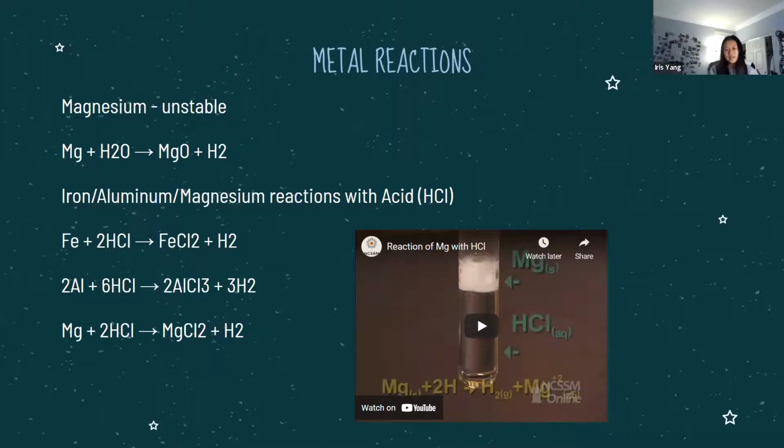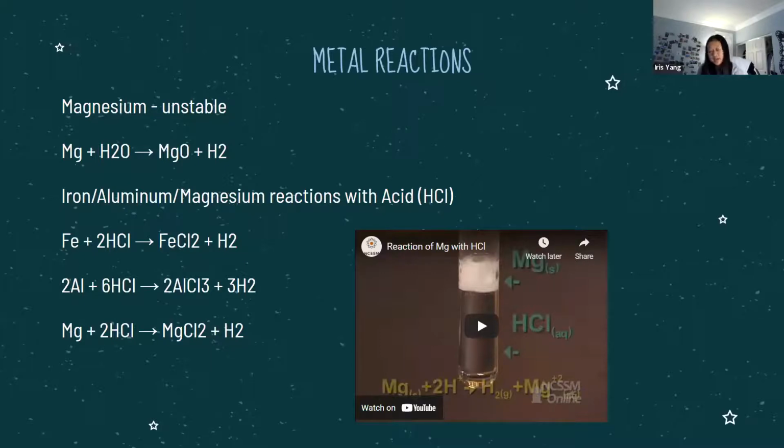Acid is basically anything that has an H attached to it, which is your hydrogen atom. It's your hydrogen atom, but it makes it an acid. So like HCl, Cl is chlorine, so this would be hydrochloric acid. Okay, so you have your reactions with iron, aluminum, and magnesium, and each of them reacts with